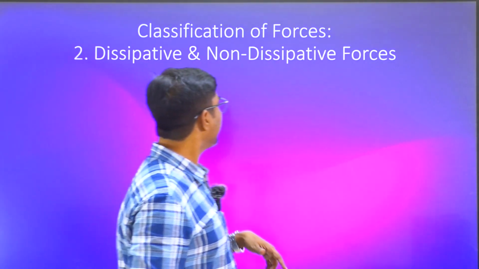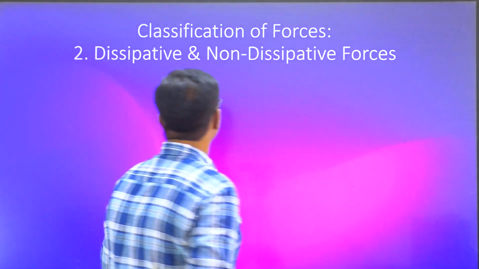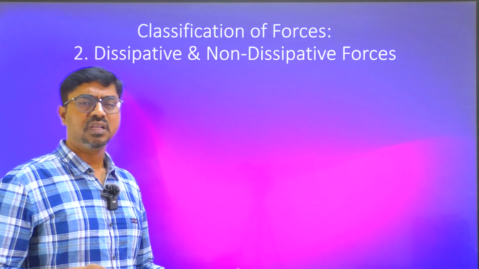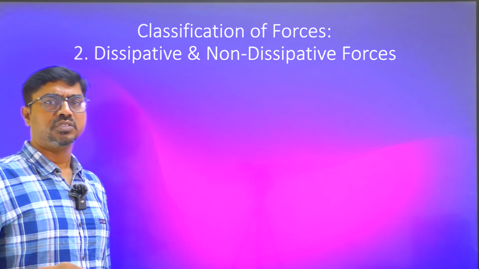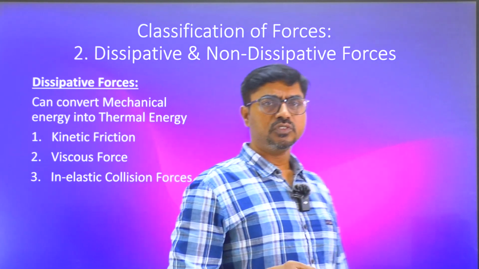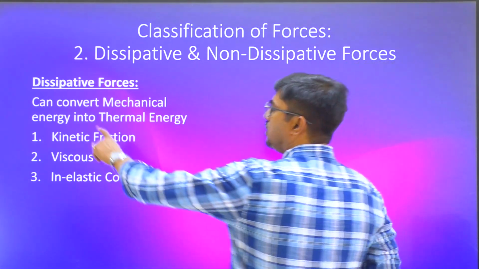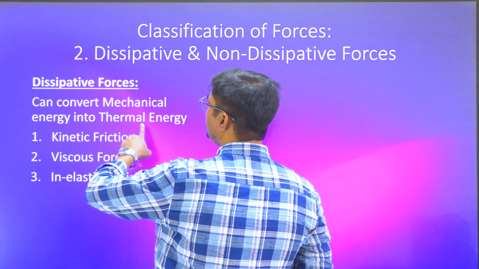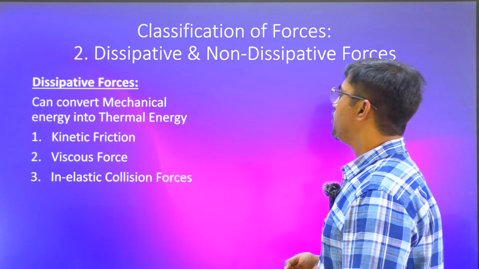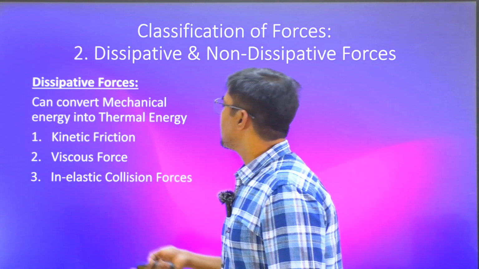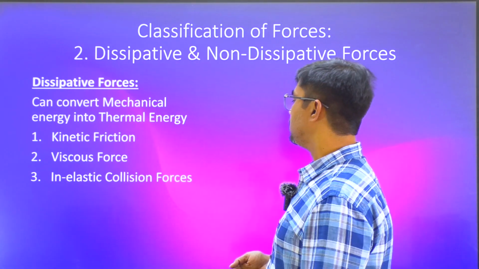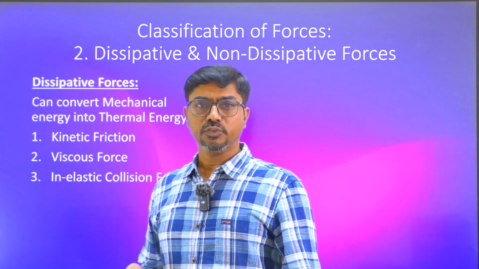And then we have another category. It depends on the amount of heat that they may produce. So whenever a force performs work, and consequently the heat is produced, then we say that it is a dissipative force. The other one is a non-dissipative force where heat cannot be produced. So it can convert mechanical energy into thermal energy. A dissipative force is the one which can convert from mechanical to thermal. Examples: kinetic friction, viscous force, and collision forces, especially during inelastic collision, where you have a permanent deformation and also